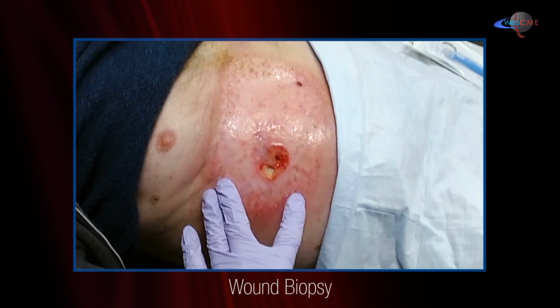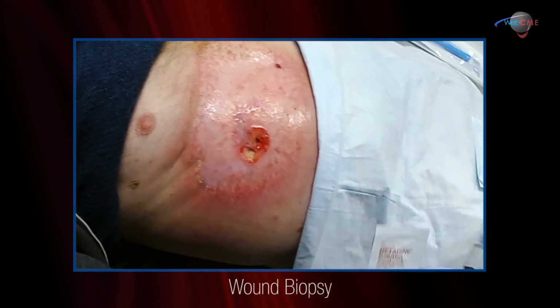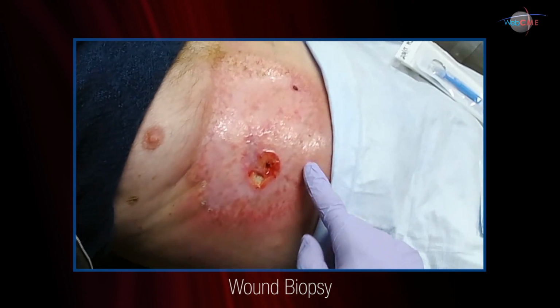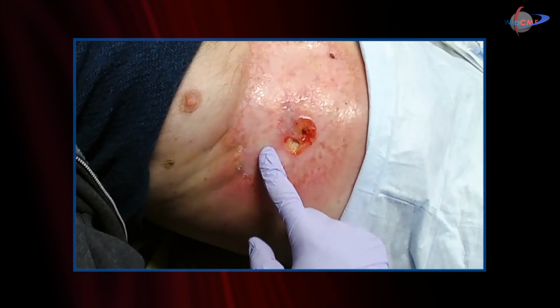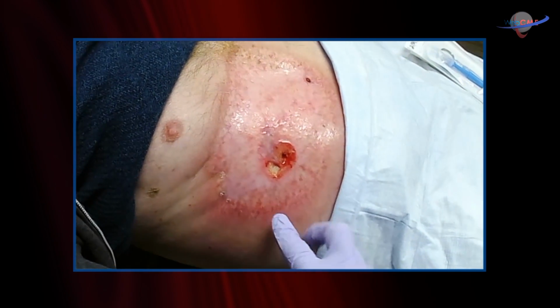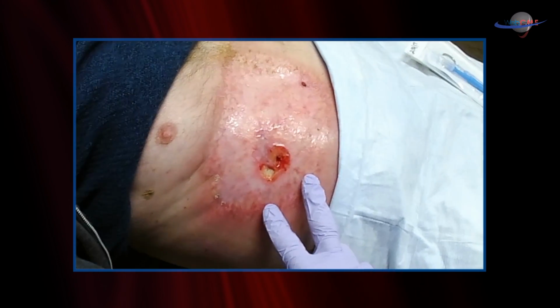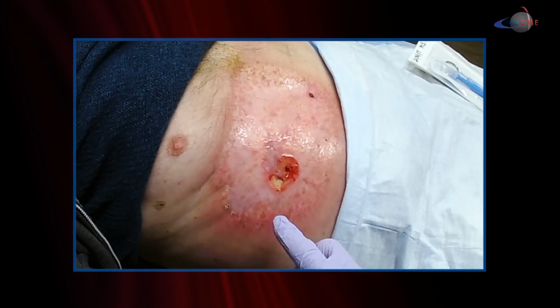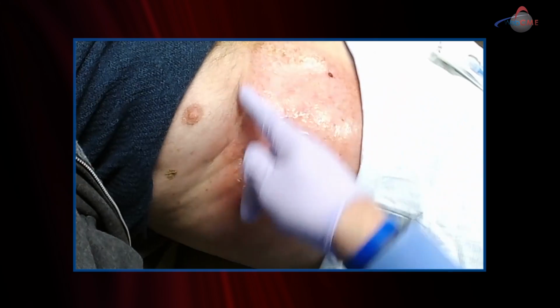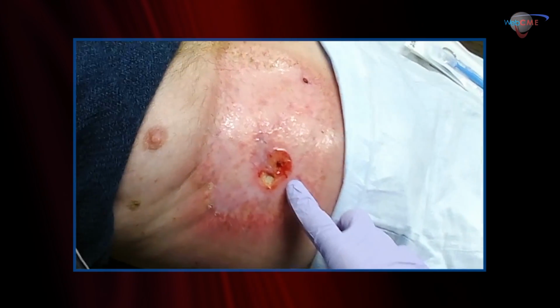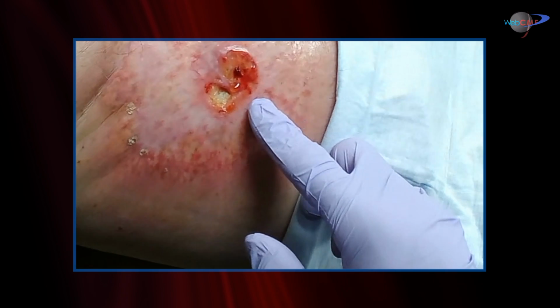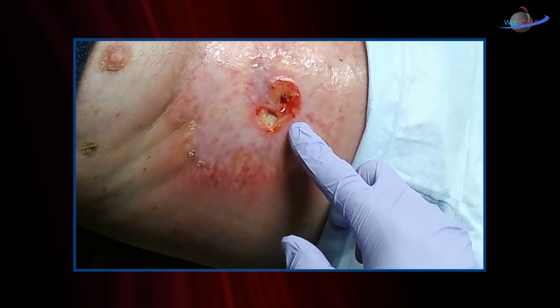So here is our wound. If you look at the peri wound, this has chronic changes, telangiectasia, fibrotic changes, all consistent with a radiation injury. This patient had a history of a squamous cell carcinoma that was treated with excision and radiation. So here's the field of radiation. What we're seeing is a wound right in the center of that field, and that wound has not been healing